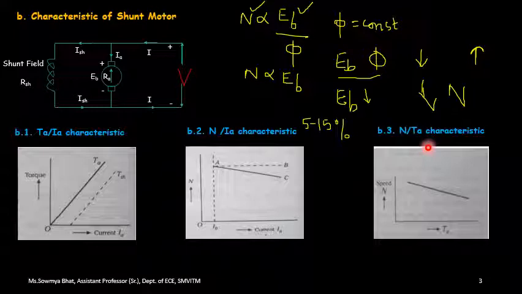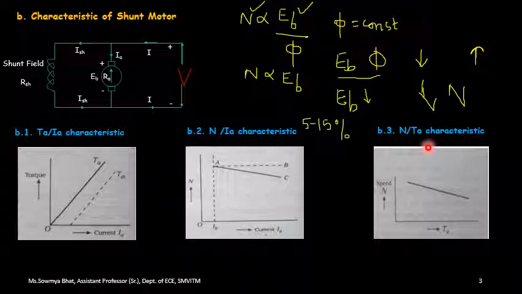And the second type, that is the series motor, wherein you have the field winding as well as the armature connected in series with each other, we will be using such kind of DC motors for traction purpose as well as in conveyors, hoists and cranes. Last type, that is compound motor, in that we will be using cumulative type of compound motors in case of conveyors, elevators, punches, heavy machine tools and heavy planers. So these are the distinct applications wherein we will be using the distinct types of DC motors.